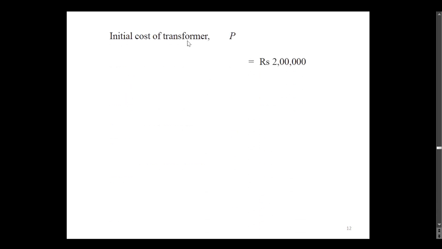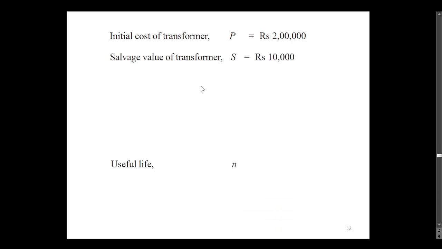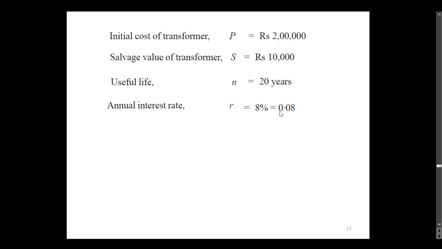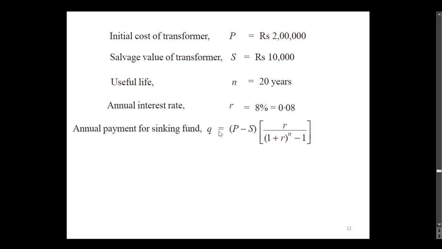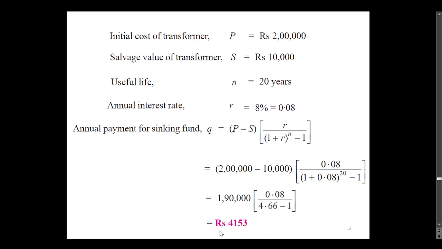So initial cost of the transformer P is equal to rupees 2 lakh. Salvage value of transformer is given, that is S is equal to rupees 10,000. Useful life, that is N is equal to 20 years. Annual interest rate R is equal to 8%, that in decimal is 0.08. Annual payment for sinking fund, we can use the expression we have just derived, and keep all these values, and we get the answer, that is rupees 4,153. Means this much amount we have to deposit every year, a fixed amount,